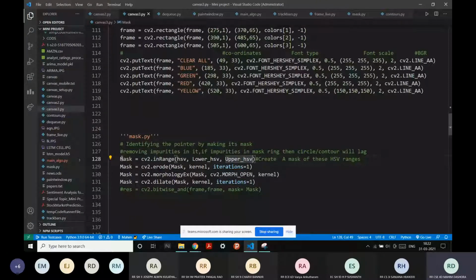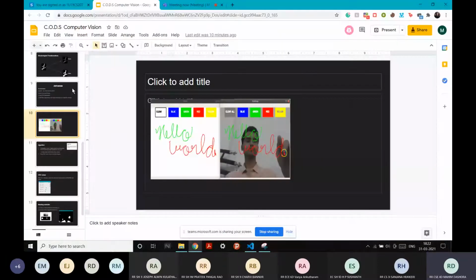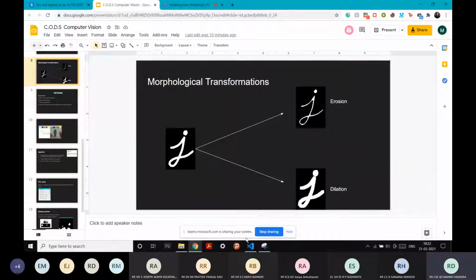Now what I need to do is filter out the other impurities. In this slide also we can see we use these techniques. These techniques are another workshop of their own, but in a simple version I'll just say that these are used to remove impurities. Erode, as you can see, is just like soil erosion. In the slide it is there, and this is the dilation.